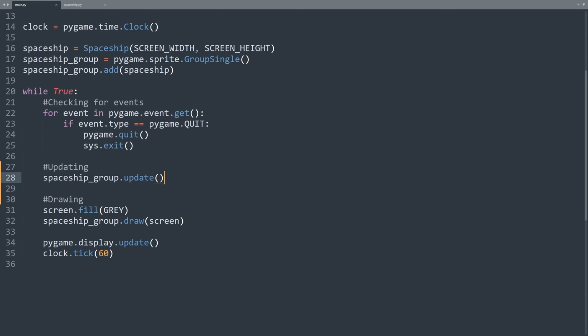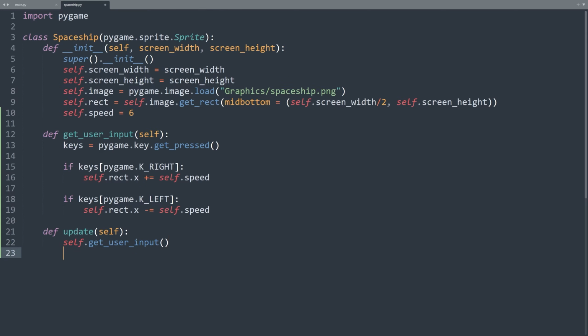Let's fix it. Let's go back to our spaceship class and create a new method. def constrain_movement(self): Our goal is to limit the spaceship's movement within the game window, and achieving this is quite easy. To begin, we will focus on constraining the spaceship movement towards the right edge of the window. To do this, we will retrieve the x-coordinate of the right edge of our spaceship's bounding rectangle, the rect. If self.rect.right > self.screenWidth: